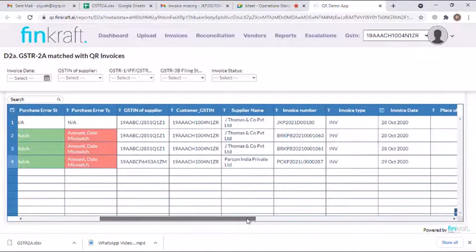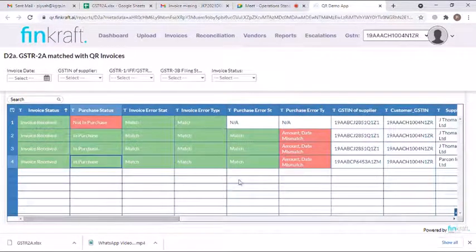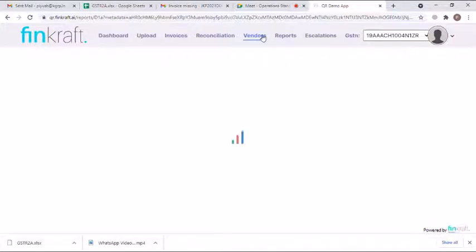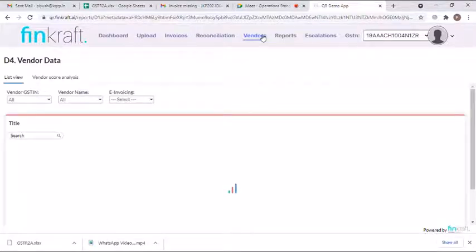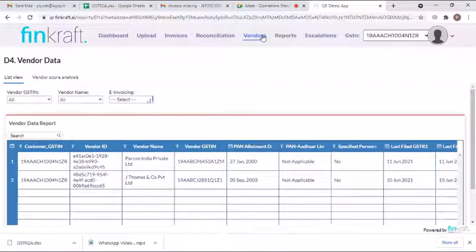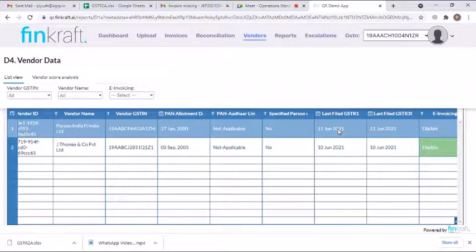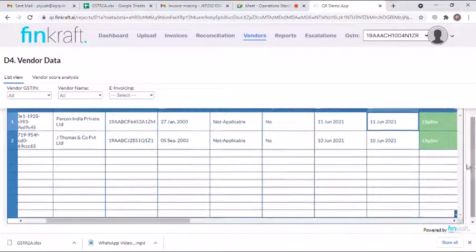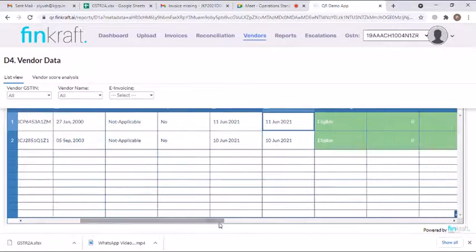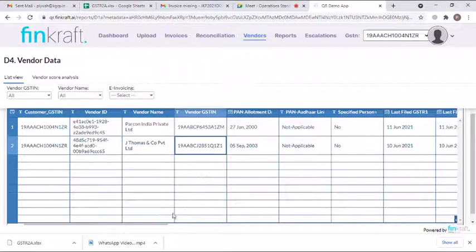Reconciliation flow is clear. You asked me to upload vendor data also. Was it to email him? Actually, knowing the vendor score is critical for any business to be successful. With monthly compliances and a lot of suppliers, it is impossible to track manually. This is what vendor score helps. Okay. Awesome. What does the last filing GST date represent? This is the date on which they have filed their GSTR 1 and GSTR 3B. This will help you make better decisions regarding the payments to be made. Let me show you how.